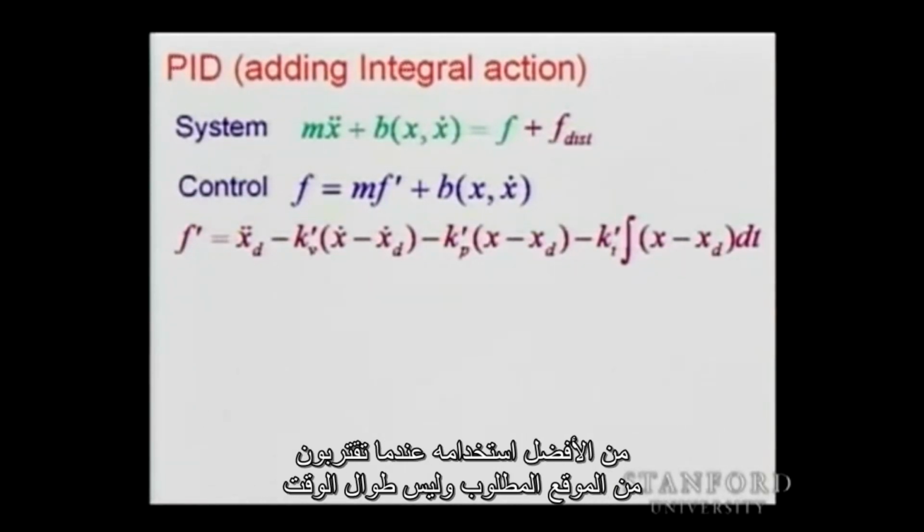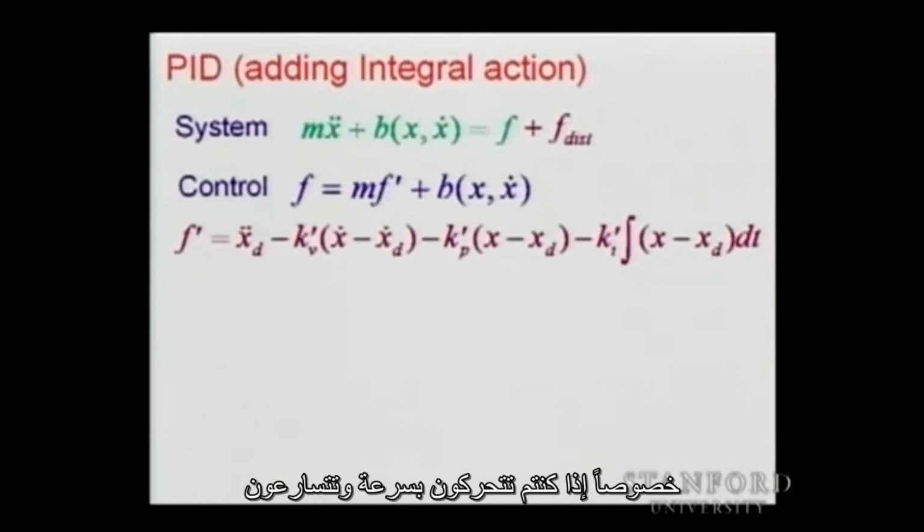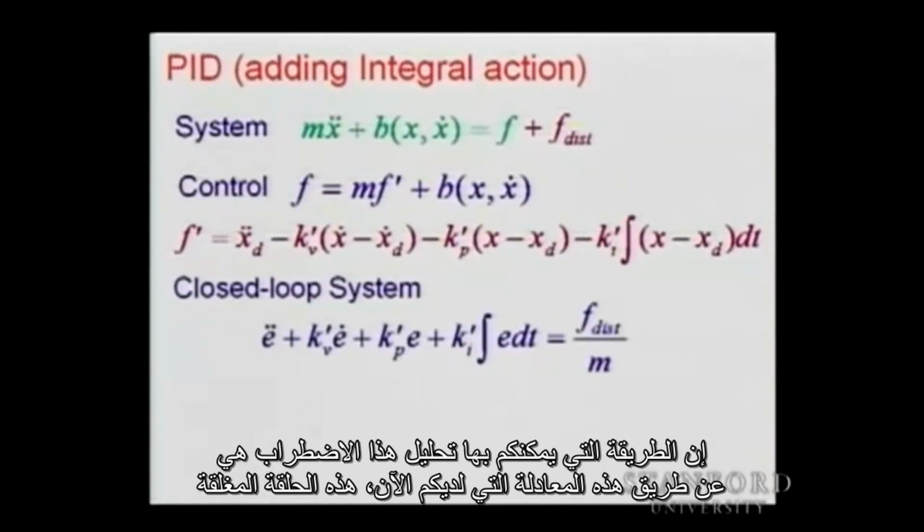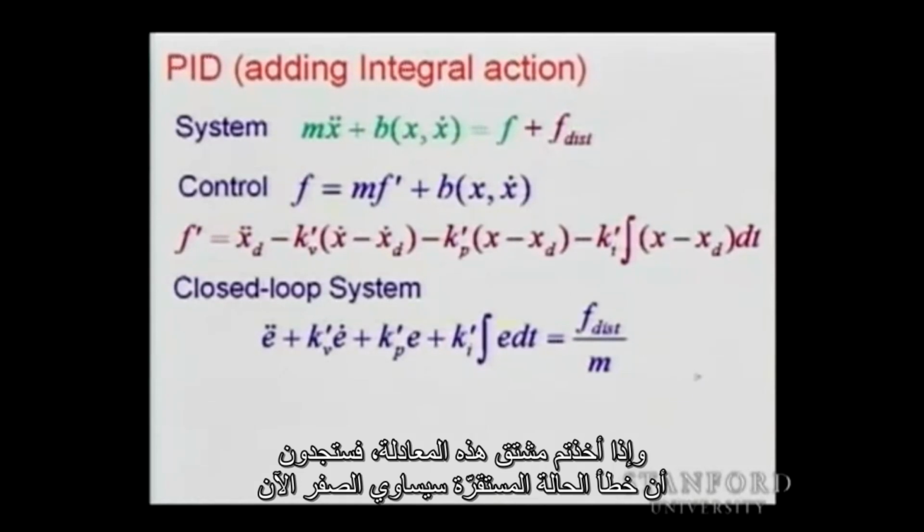Better to use it close to your goal position, not all over, especially if you're moving fast and accelerating. Winding and unwinding that integral might create instabilities. So the way you can analyze the disturbance is that now you have this equation, this closed loop. And if you take the derivative of this equation, basically you see that now the steady state is going to be equal